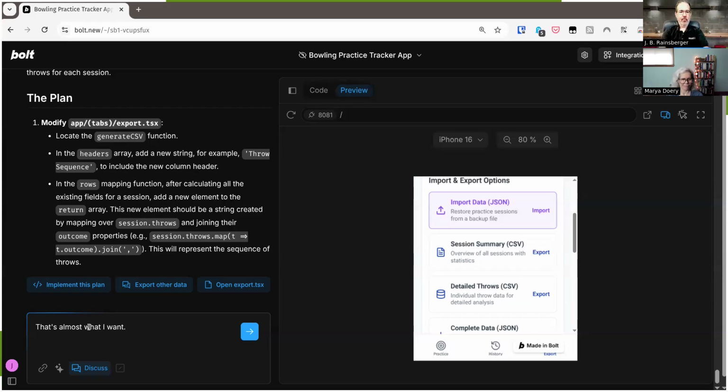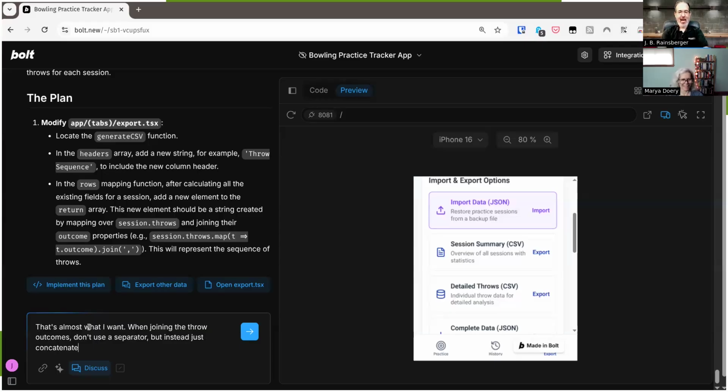When joining the throw outcomes, don't use a separator, but instead just concatenate. It's making me want to talk to it like a programmer now.